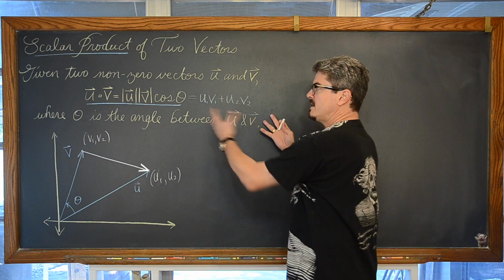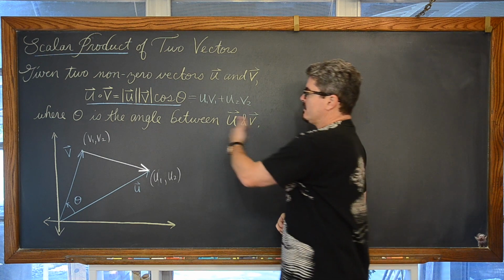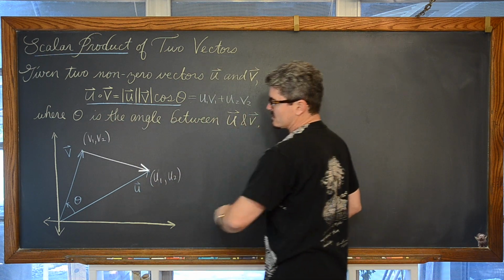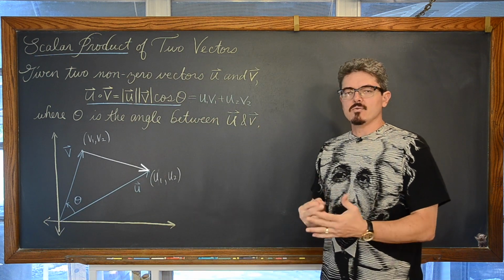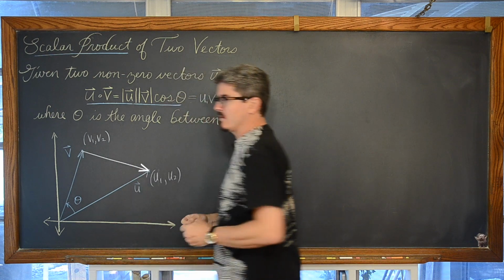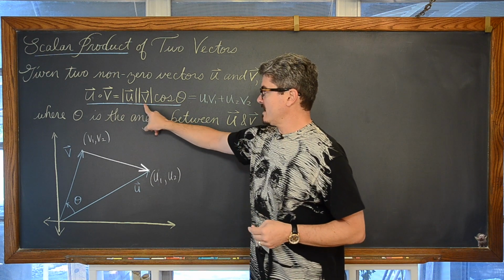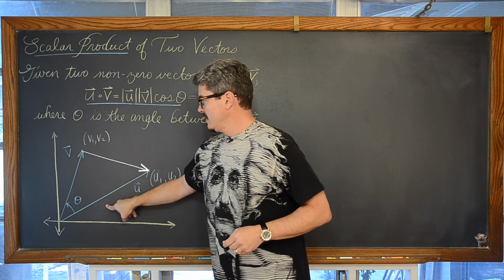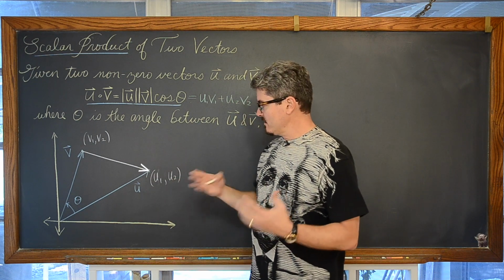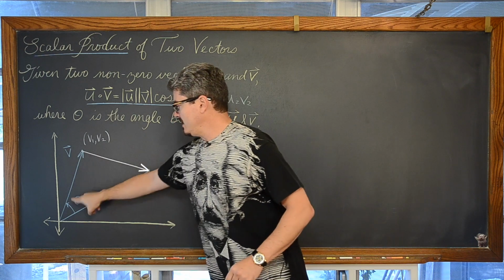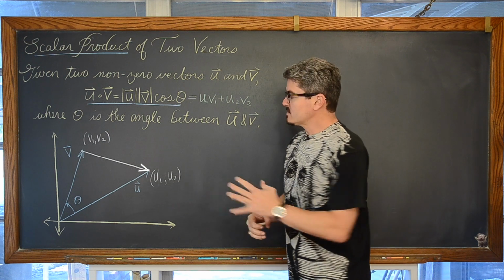Now, we're just getting into vectors in this scalar product or dot product. An angle theta is between these two vectors, but if we look at these three coordinates, we have a triangle, and we have found angles for non-right triangles before using the law of sines and the law of cosines. Since we're talking about the magnitudes of two sides, and we're going to work with the magnitude of this third side, and we don't know any of these three angles, that eliminates the possibility of us working with the law of sines.